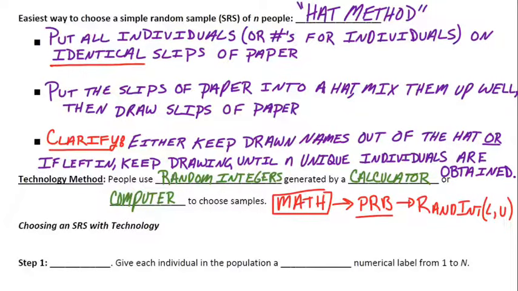The steps, how you would have to describe it: first thing you have to do is give each person a label. Like the jelly blubbers, they were labeled actually from 1 to 100. So make sure everyone gets a distinct numerical label from 1 to capital N. Whatever how many people are in your population, 1 to N. Okay, so once you got everybody labeled,